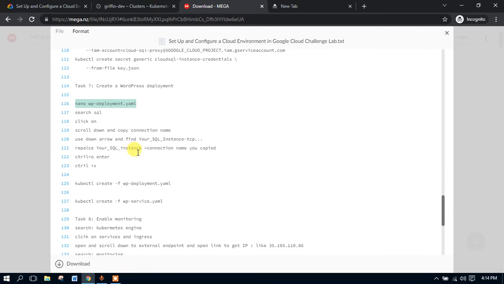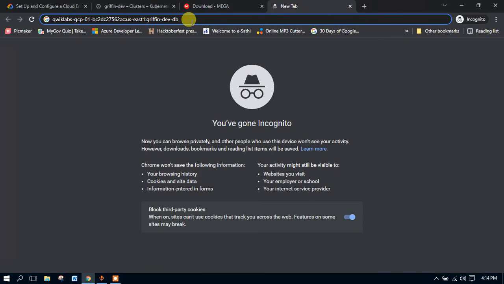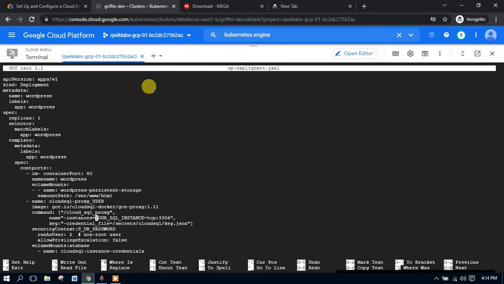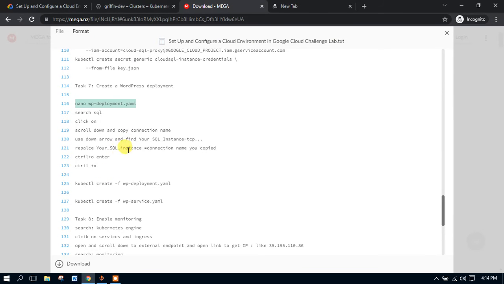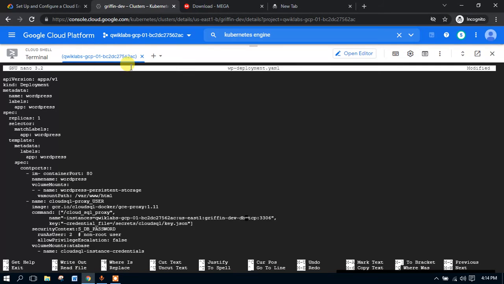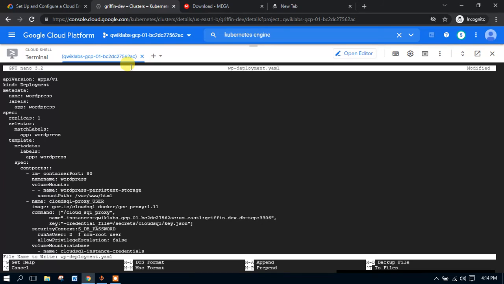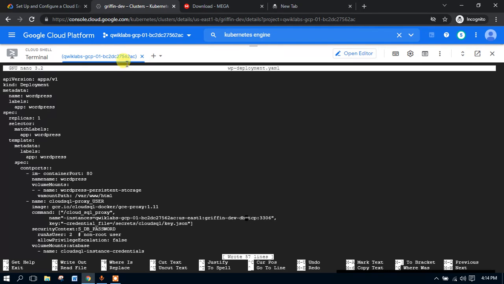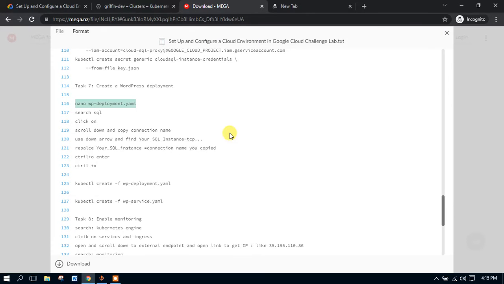paste something, the connection name which we have copied earlier. Okay, just copy this name and delete this item, delete it and paste it here. Okay, once you have pasted, press Ctrl plus O and then enter to save, and after that we have to press Ctrl plus X. Press Ctrl plus X. Okay, now it is saved,